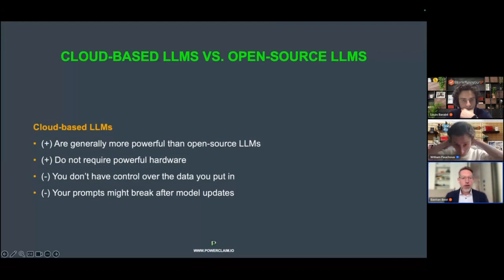Of course, a big advantage of cloud-based LLMs is that you don't require powerful hardware. All you need is a browser with which you can access the cloud-based model. Cons of using a cloud-based model is that, on the one hand, that's the biggest issue, I would say, you don't have control over the data you put in. Of course, everything you put into the ChatGPT interface is sent